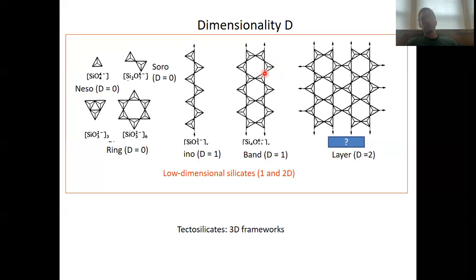However, in addition to that, you have these kinds of tetrahedra, and you see that for these tetrahedra, three oxygens are being shared and one oxygen is terminal. So now what does that give? We can actually maybe briefly calculate this. So I just write this down here. For the first tetrahedron, we have